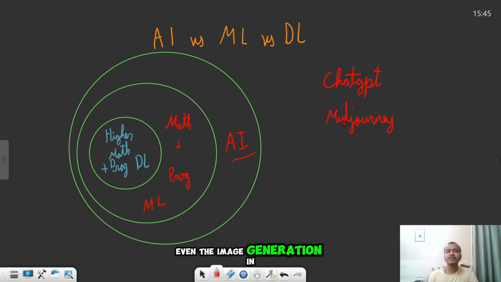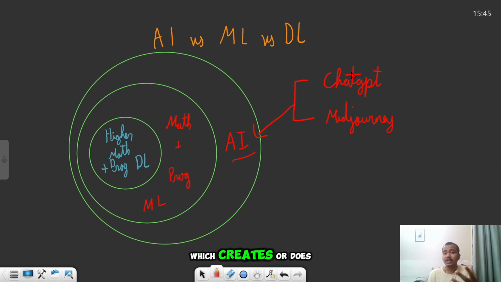Even the image generation in Midjourney uses linear algebra and probability, which again comes under deep learning. These are AI, and their body, which does the real underlying work, is deep learning.